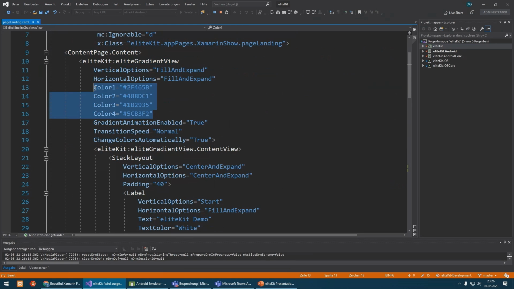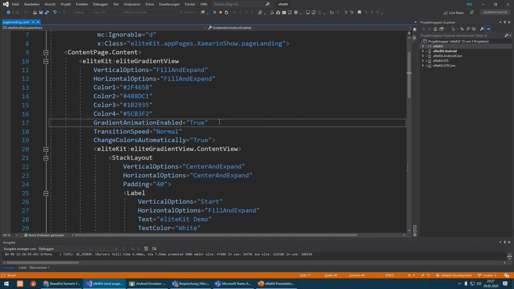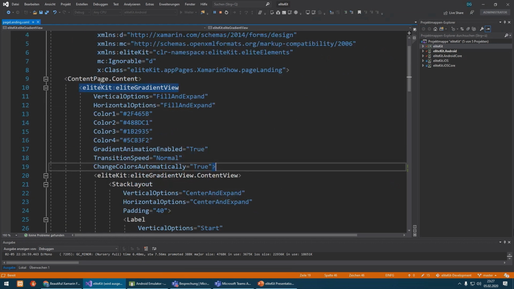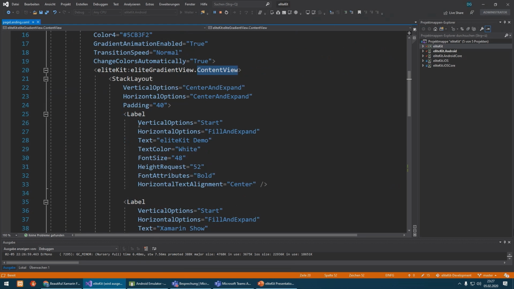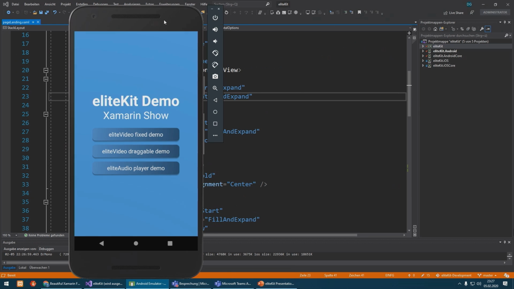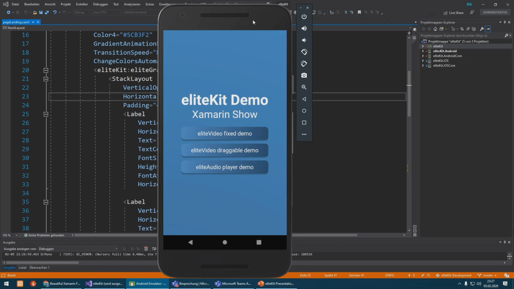You can define your own four colors, and if the gradient animation is even enabled, otherwise it will just fade to another color and not do a linear gradient. And you can define your own transition speed and change colors automatically. And inside this gradient view, you can place your own content view, which is right now a stack layout with the enter buttons and everything. So that's in the background, the Elite gradient background view.